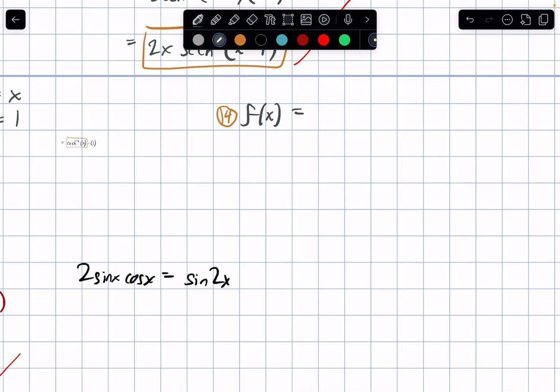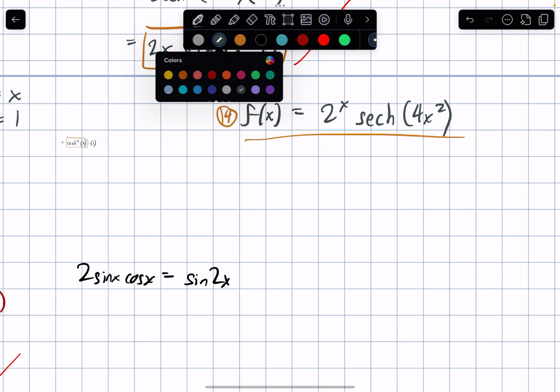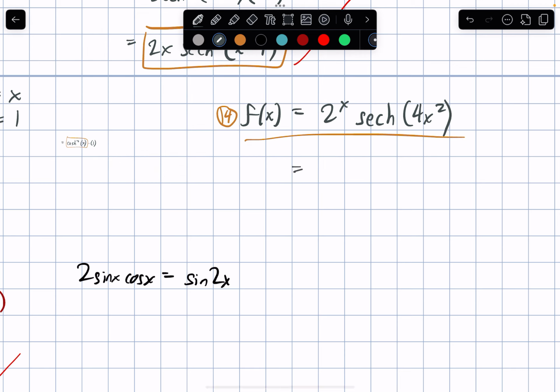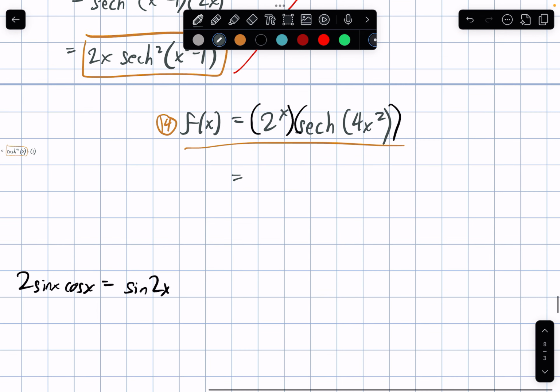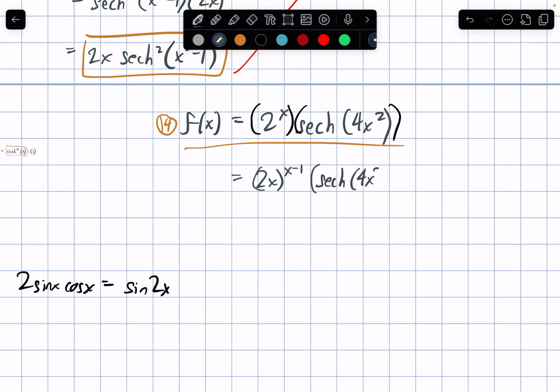Okay, number 14, f of x is equal to x squared sech 4x squared. Answer. I smell a product rule that has to be applied here. So the derivative of 2 raised to x is going to be 2x raised to x minus 1 times sech 4x raised to 2 plus 2 raised to x times, okay,